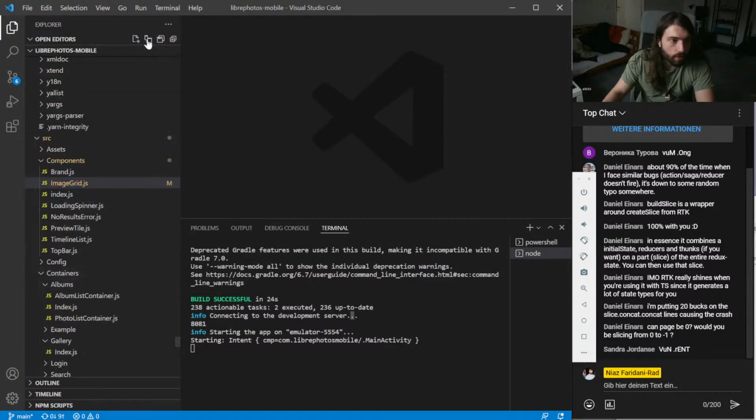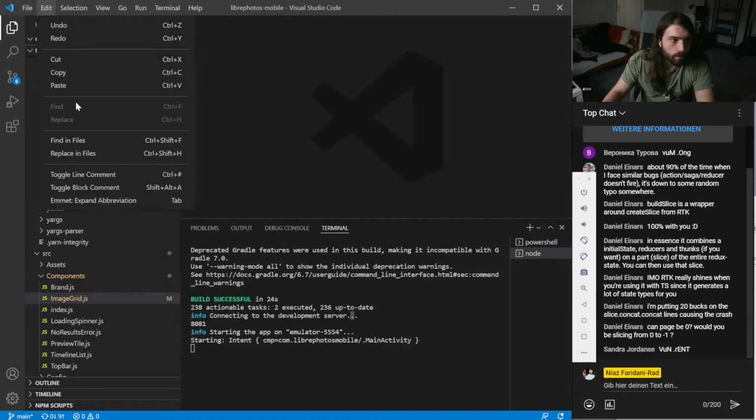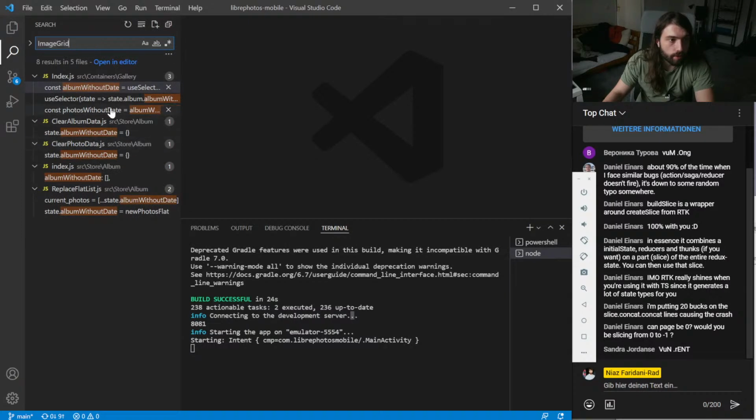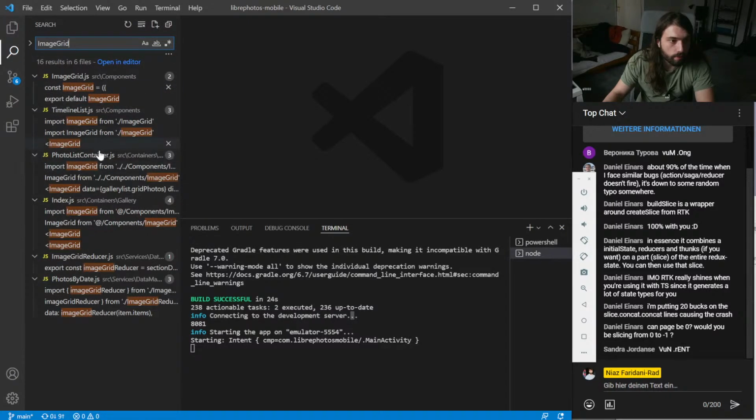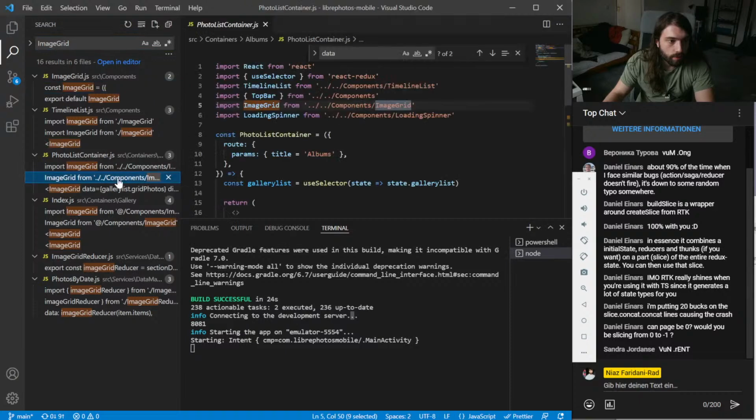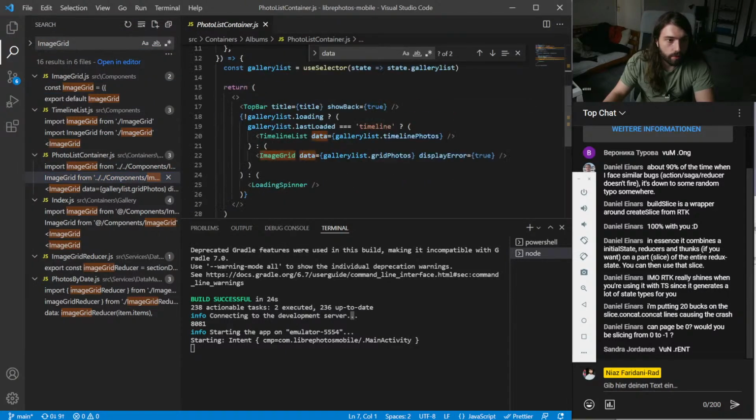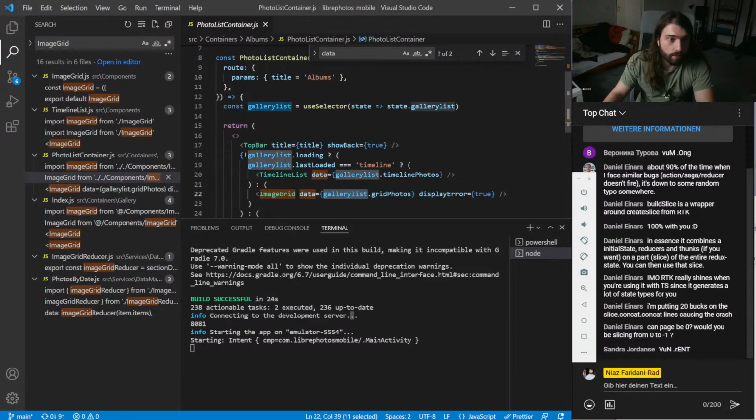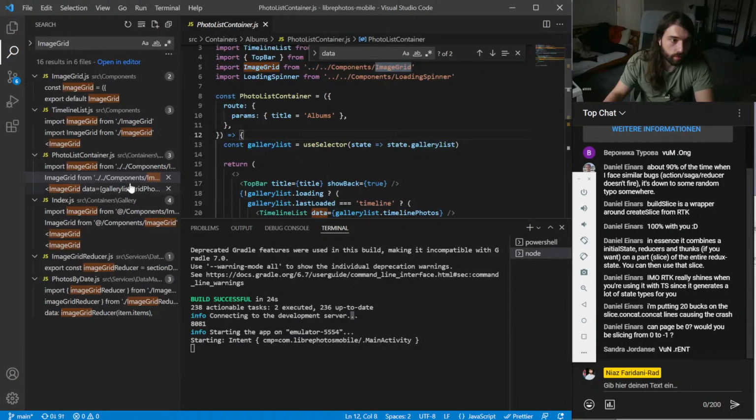Close all. Okay, find in files. Image grid. Then we have this photo list container. Then we get grid photos from gallery list. Right.